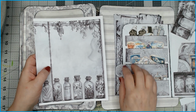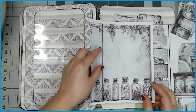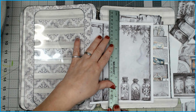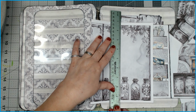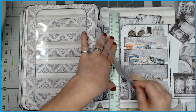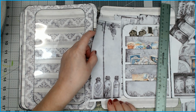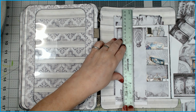What if... Oh, that's already open. Good grief, girl. What if I took this and tore it? I love torn edges. They're so fun. I'm going to try it right here. If I tear it along this bottle, and then tear it again right here,